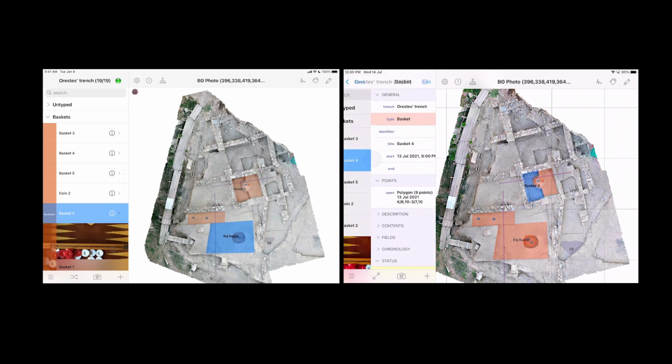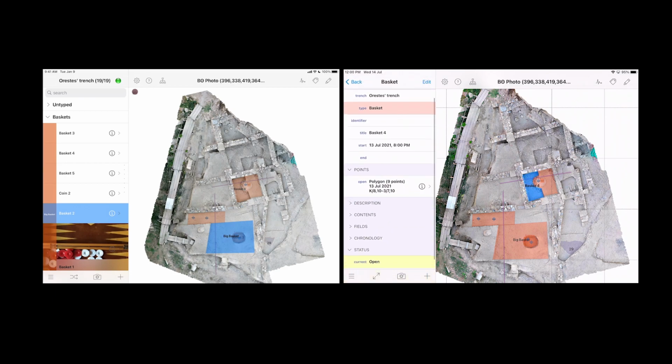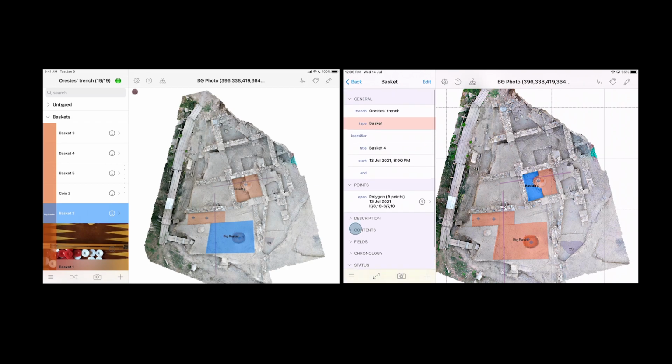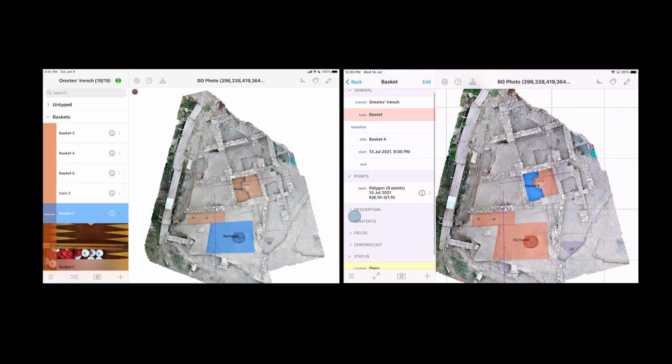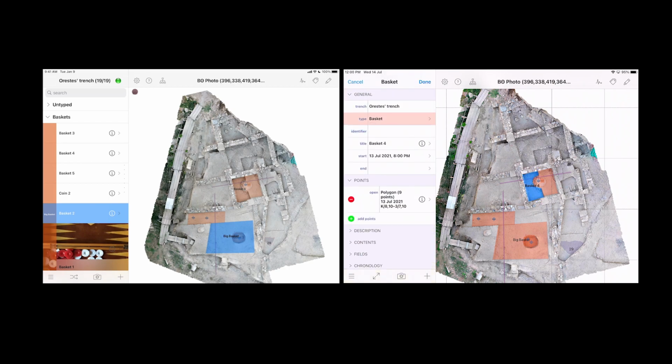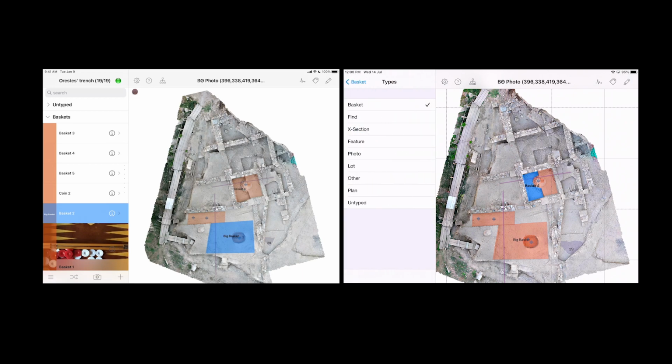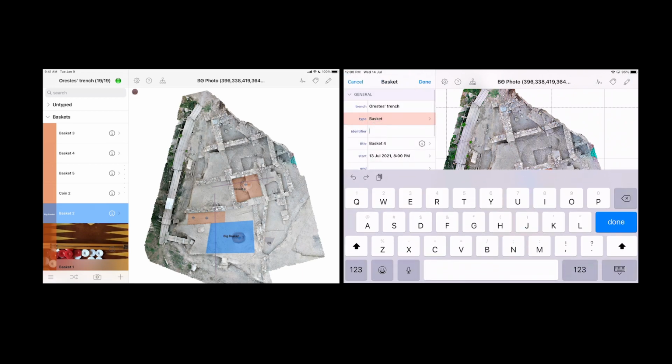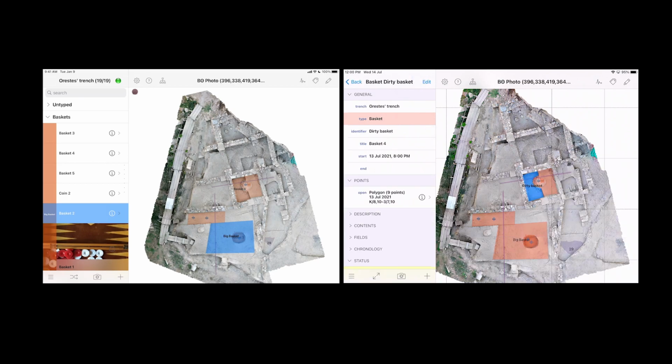Go inside that, and then change, let's say, the identifier on it. If you go to the identifier field there at the top, and then type something in there. What should I? Whatever you want. Okay. Dirty. All right, dirty basket. Okay. So now, if I sync with Orestes,